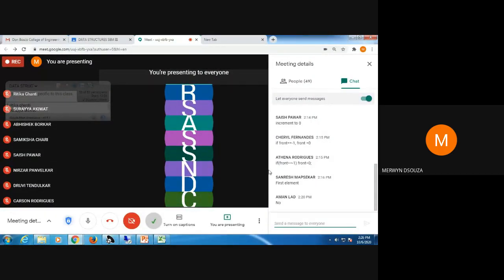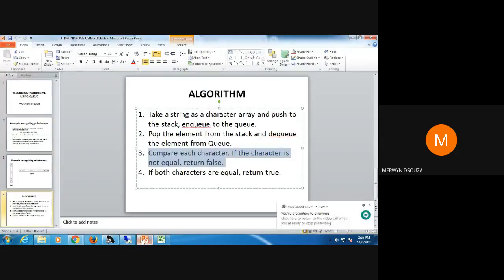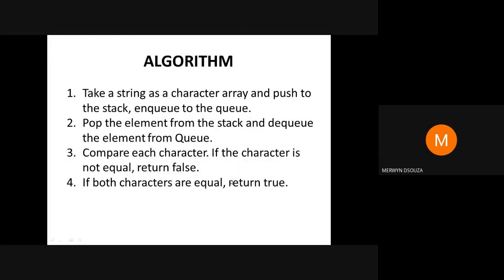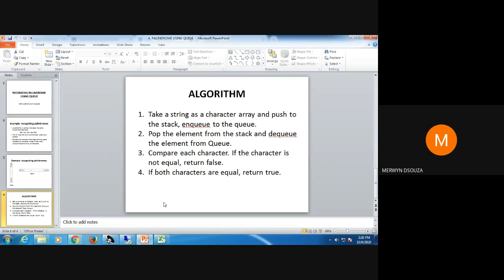Any doubts here about how this algorithm works? Anyone has any questions? After this, I will be asking you to write this program. A program on this I may not ask you for your current IT, but this algorithm could be asked. You could be asked to explain with an example how it works.